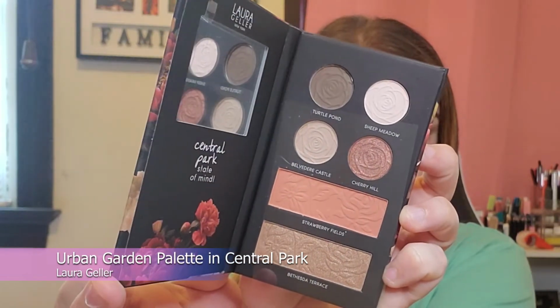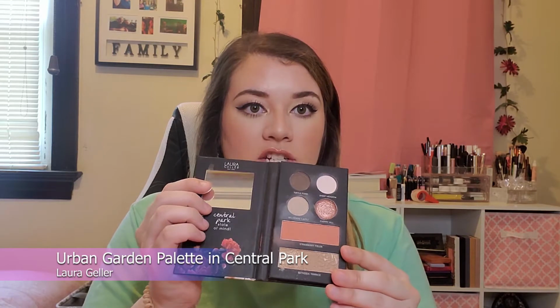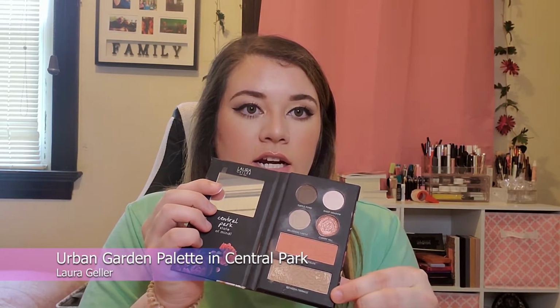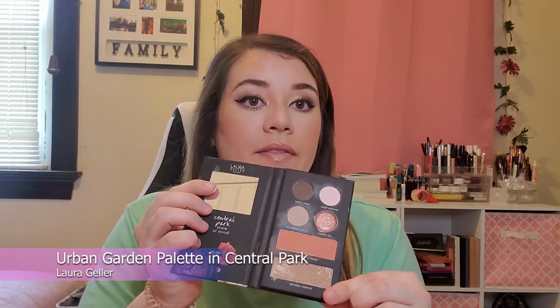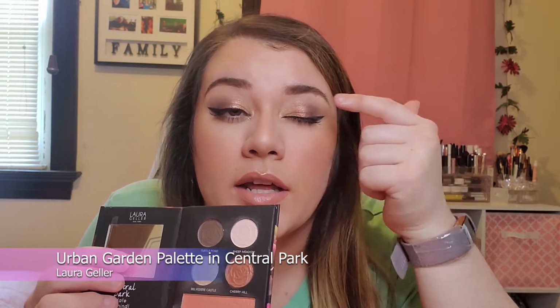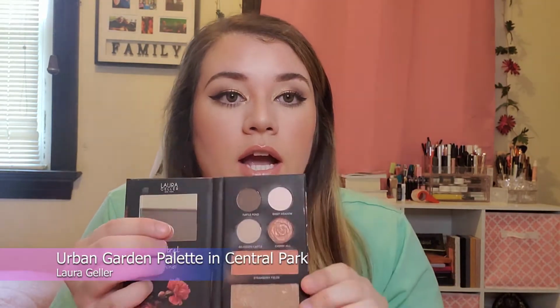Alright, so the first thing in the box was this Laura Geller Central Park Face, Eye, and Cheek palette. So it has 4 eyeshadows right here, a blush, and a highlighter. I used everything but the highlighter. This is my eyeshadow. Mainly, I guess I did put it all over my eye, but I put another eyeshadow that you'll see on top in the inner eye. But I did use the blush, and